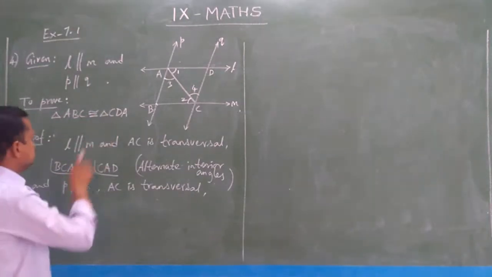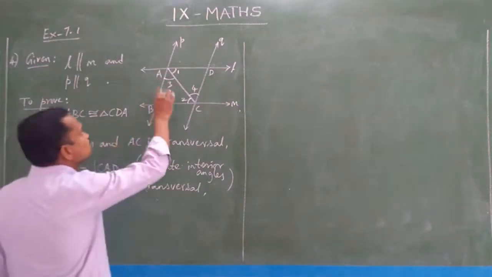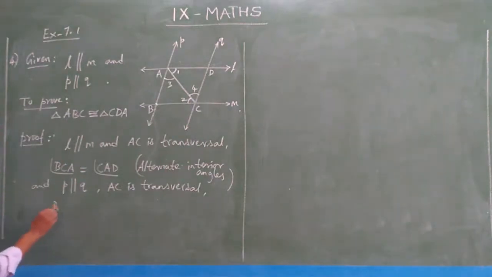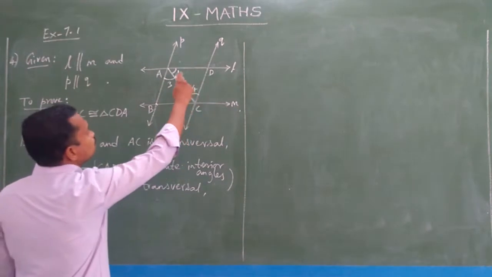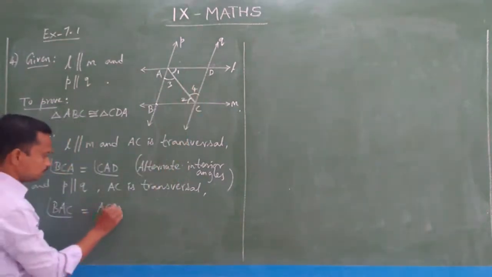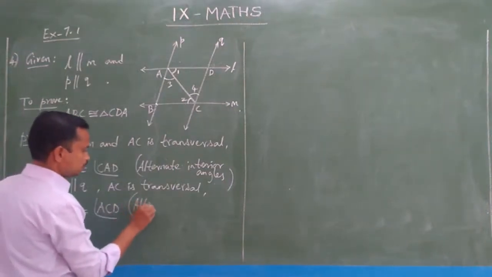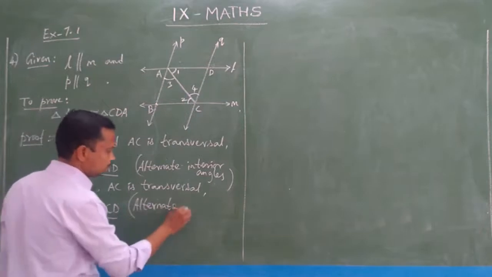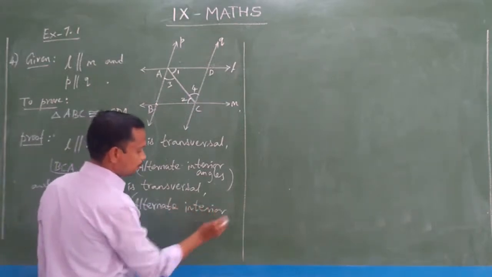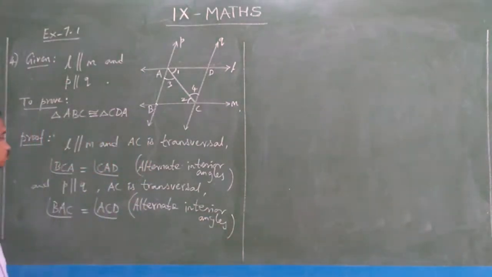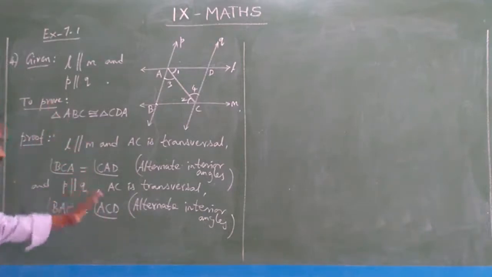So for the first triangle we have to take ABC. So in ABC, this is 3. So angle BAC is equal to, and this we can have ACD. Then only it is easy to pick. Reason is alternate interior angles. Is it clear? And by the given matter, we have done up to this.